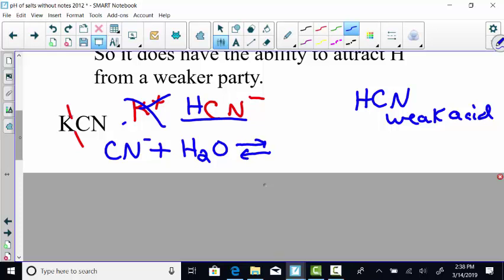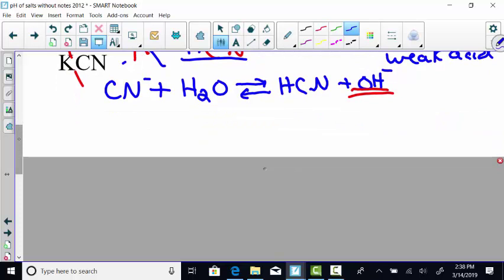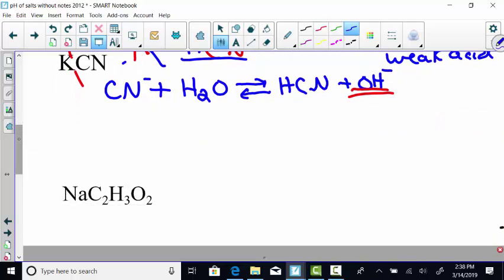So that will become HCN plus OH minus. There is your base again. Okay? So that's why it's producing a basic solution. And it doesn't matter what the substance is. Okay? So we can do this again with